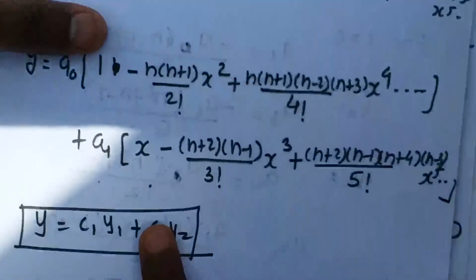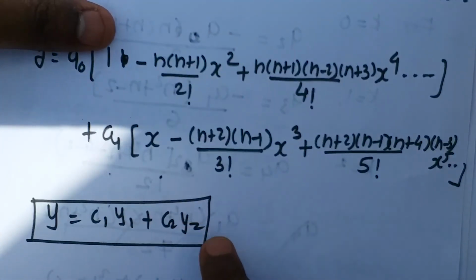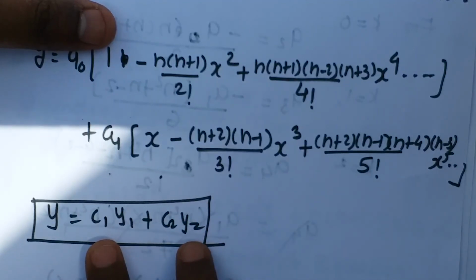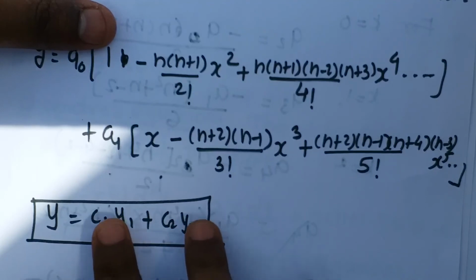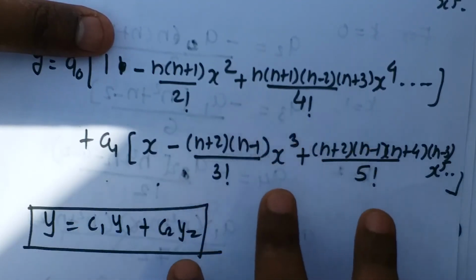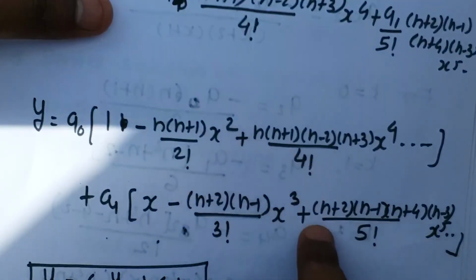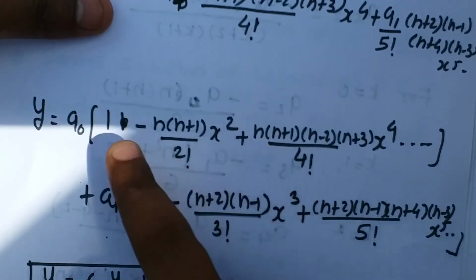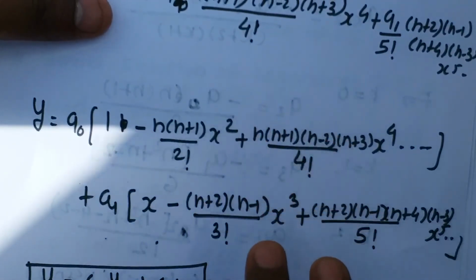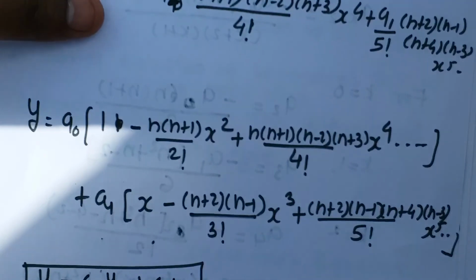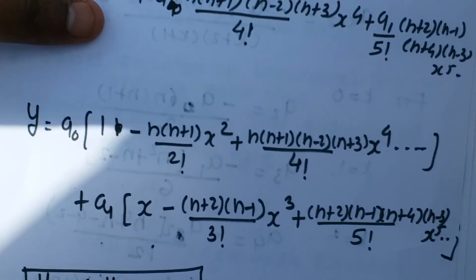And this is like y equal to c1 y1 plus c2 y2, okay? So this is a second degree differential equation. It will have two constants in the solution, and in the coefficient of each constant we'll have some functions of x, and in the power series method they are the series, right? So these are the series we have obtained in the coefficient of a0 and a1. So this is the series solution of the Legendre's differential equation at ordinary point x equal to 0.